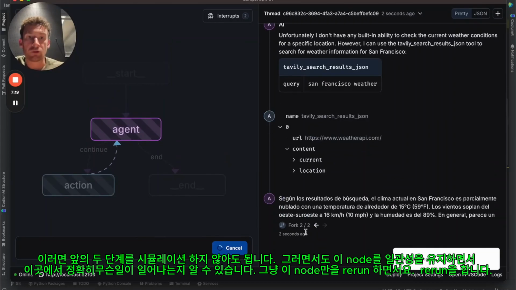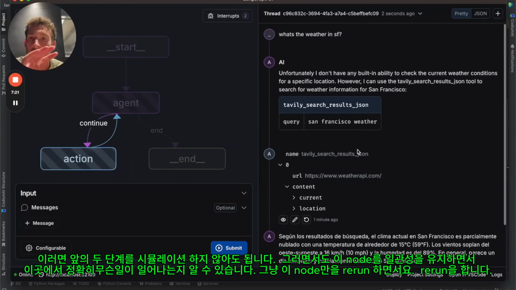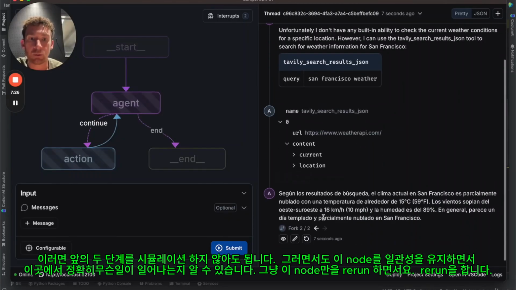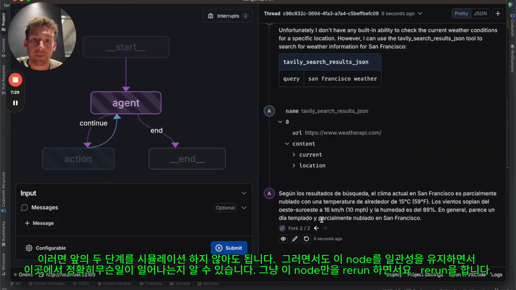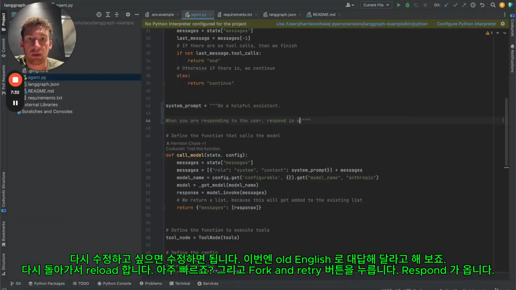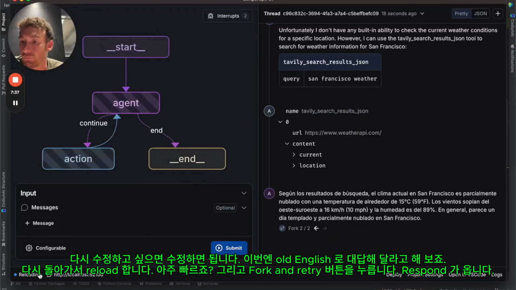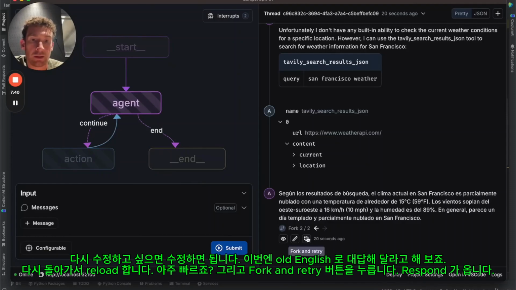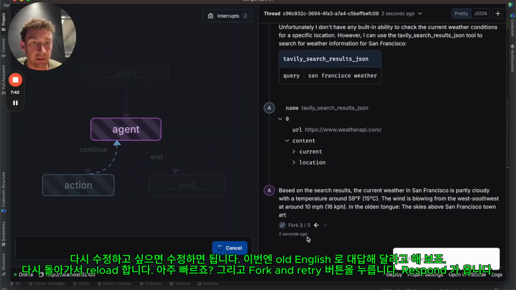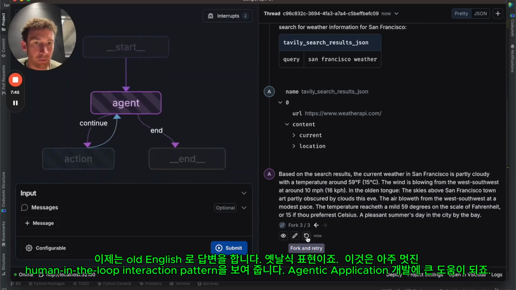So I don't have to simulate the first 2 calls anymore. I can say, hey, let's keep these nodes consistent, exactly what happened there. I want that to exactly happen, but I just want to rerun this node. And so I rerun it. If I want to change it again, let's now change this to Old English. So I can change that. I can go back here, it reloads very quickly. I can click this fork and retry button, and it responds, and now it's talking in Old English, in the olden tongue. So this shows off really cool human-in-the-loop interaction patterns that I think are really, really helpful when developing